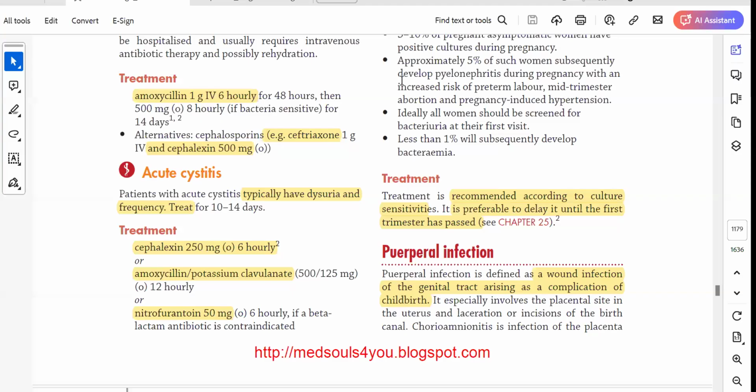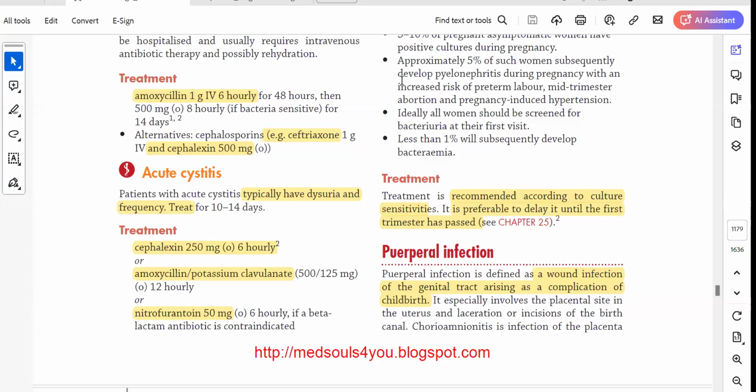Okay, so for acute cystitis, the treatment period is 10 to 14 days. Now again, in John Murtagh, if you go through pregnancy acute cystitis, they still put it as 5 days. So I would advise that if you go to the UTI chapter in the 8th edition of John Murtagh, we will follow the duration written in the new edition. Okay, so for acute cystitis, mainly they ask you about the antibiotic name. Duration doesn't come in exam, but you need to know which antibiotic you can use.